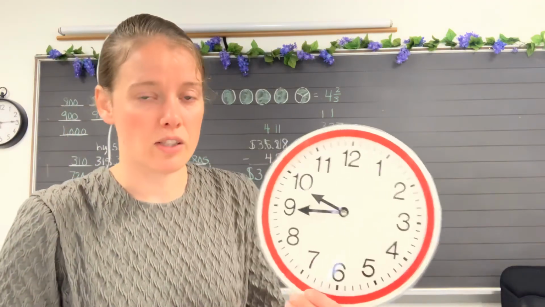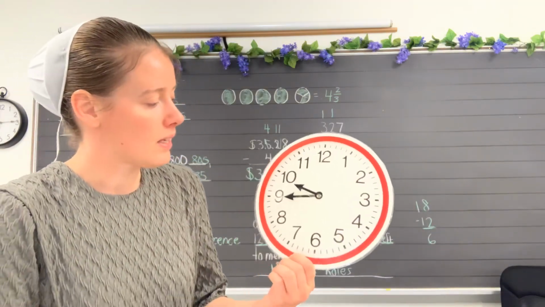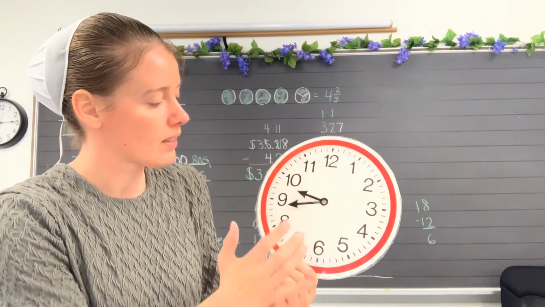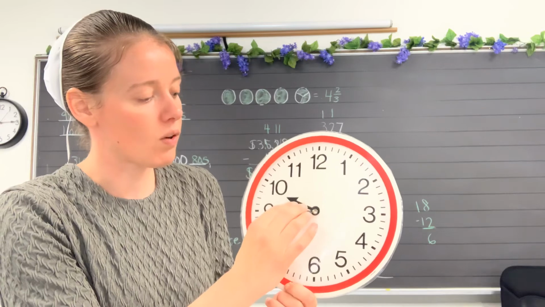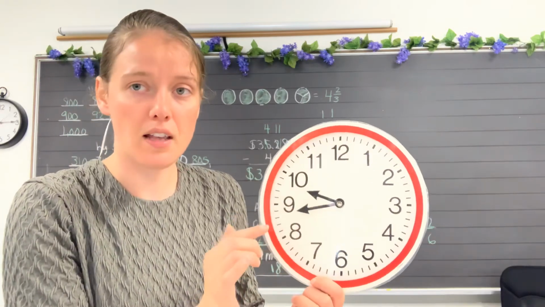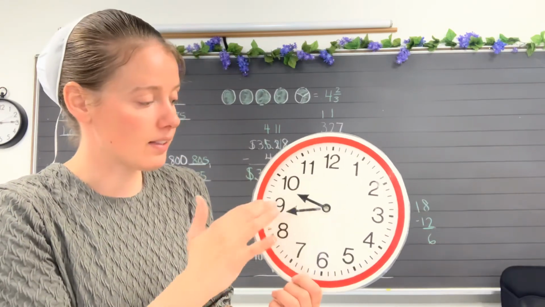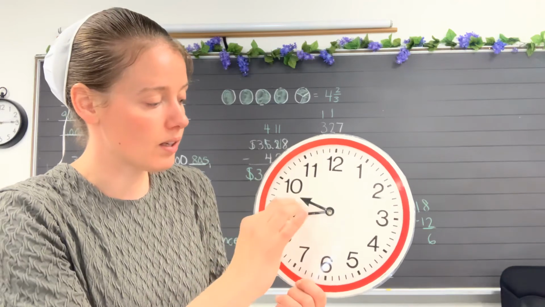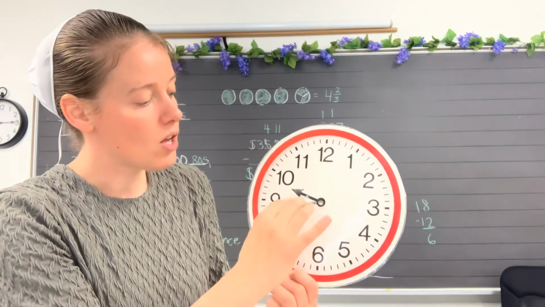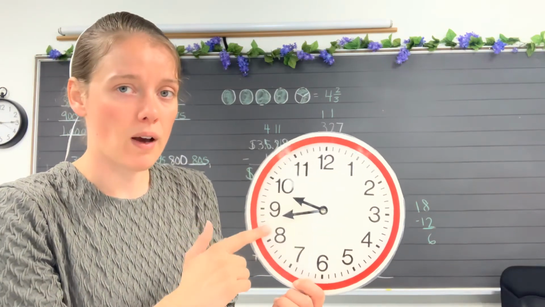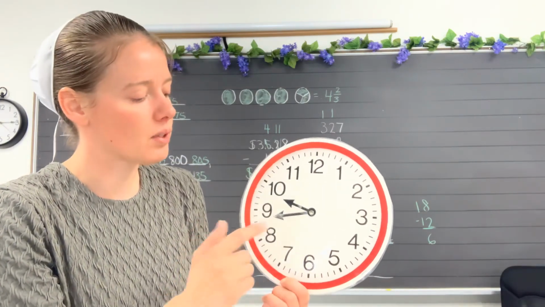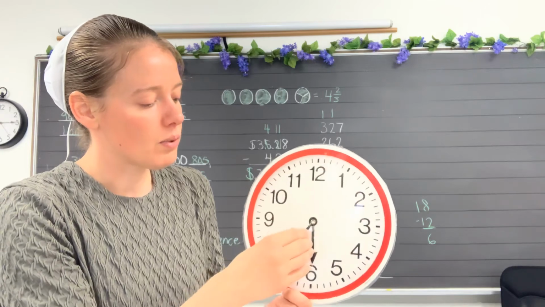Let's review the clock just a little bit. So it is not quite 9 o'clock, no, not quite 10 o'clock. See, it's almost 10 o'clock, but we can't say it's 10 o'clock yet, or we can't say it's 10:45 either because it's not 10 o'clock yet. So it is still 9:45. So be careful with that 45 one because it can kind of get a little bit tricky sometimes. And here we have